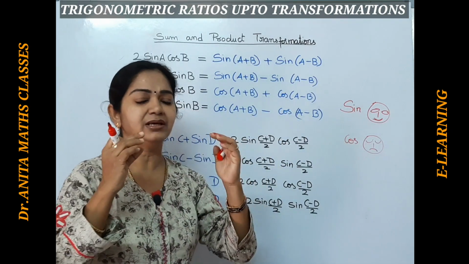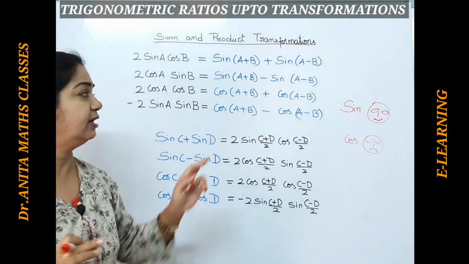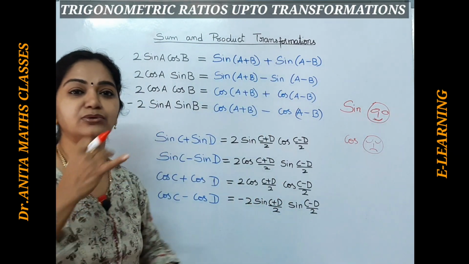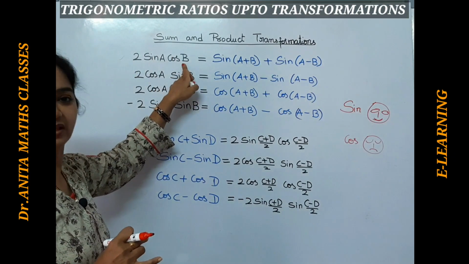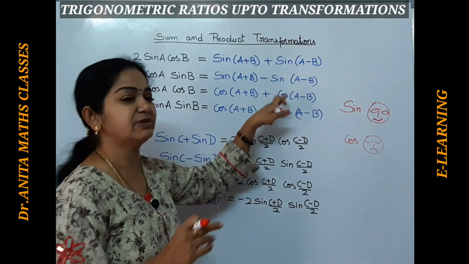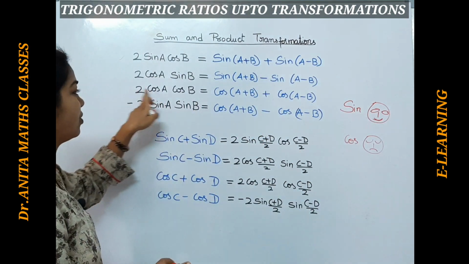Likewise, some identity, some relation you should remember, right? Here sin A sin B, sin is somewhat friendly, so it includes cos, so sin A cos B, the first part. The second part is cos A cos B. Here cos means it's not friendly, it will take only cos with itself, so cos A cos B.